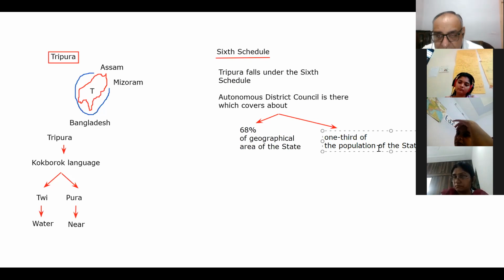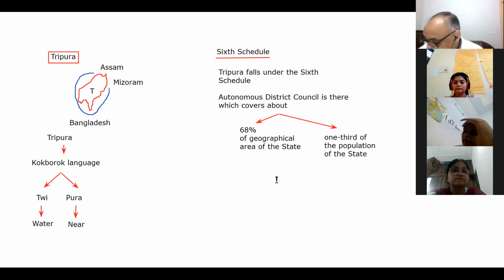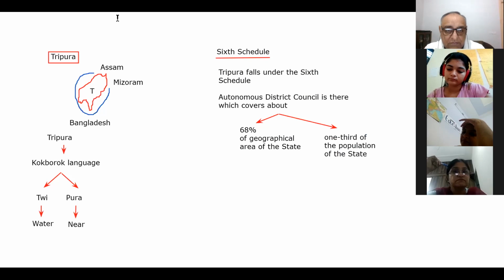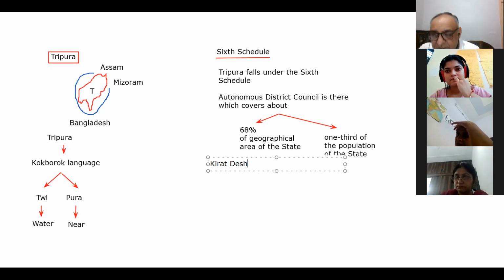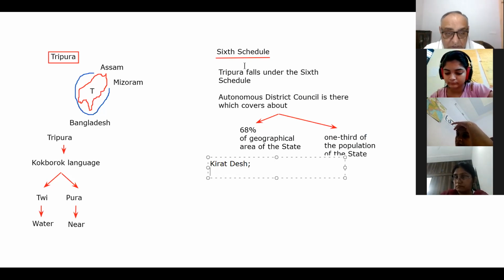So this is about the Autonomous District Council, which is formed. Now, the old name of Tripura was Tirath Desh. In ancient times, it was known as Tirath Desh. The mention of Tripura is found in